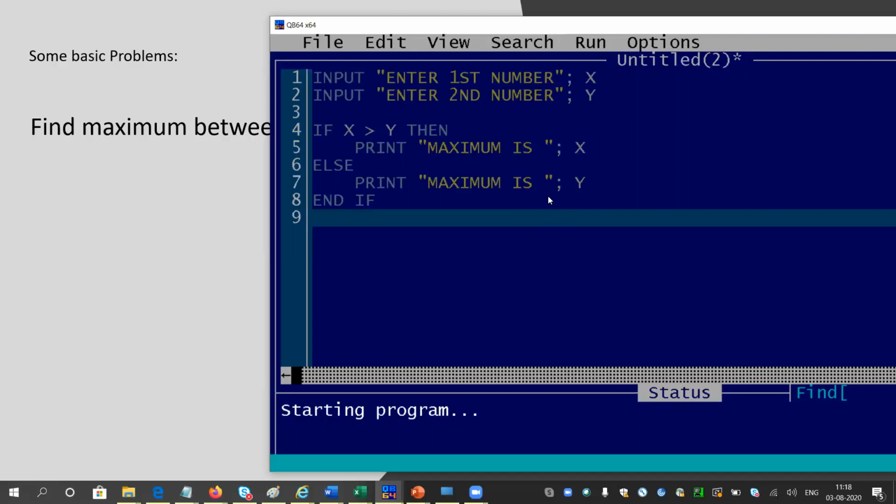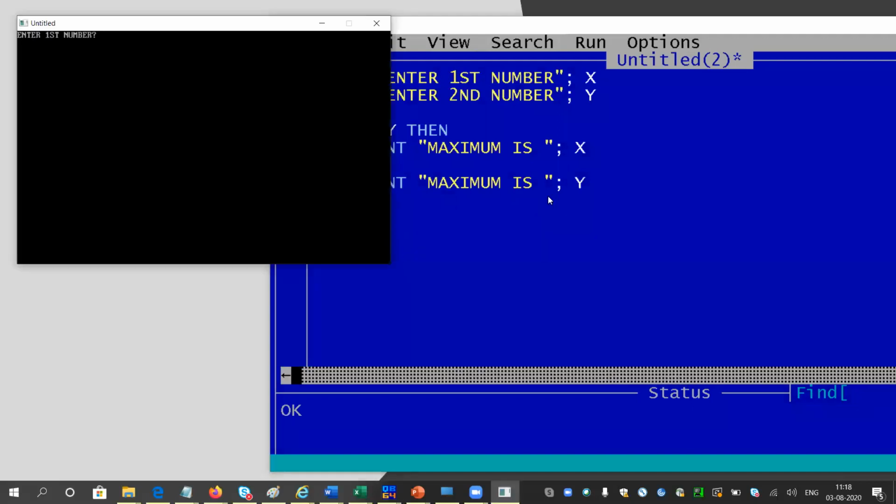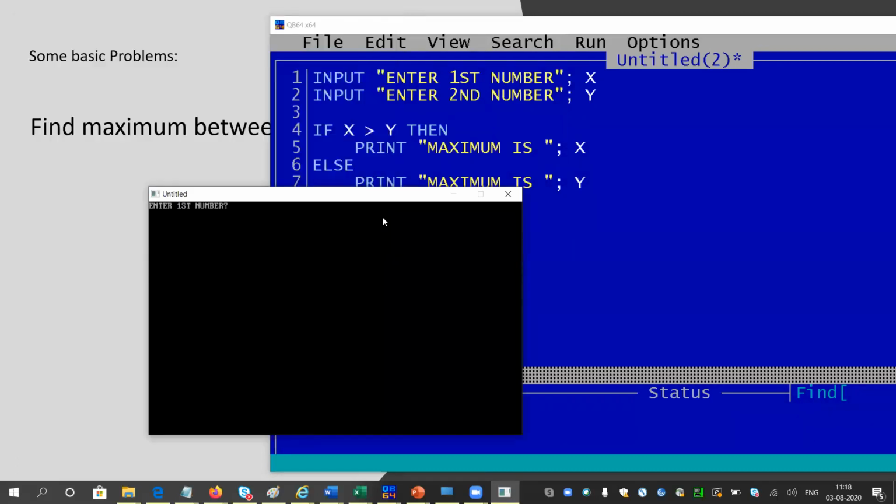If the value of x is greater than y, then it will show the value of x. If the value of x is not greater than y, then it will show the value of y. So enter first number. I am entering the first number as say 10 and second number as 5. So it will go inside the if block and it will show maximum is 10.